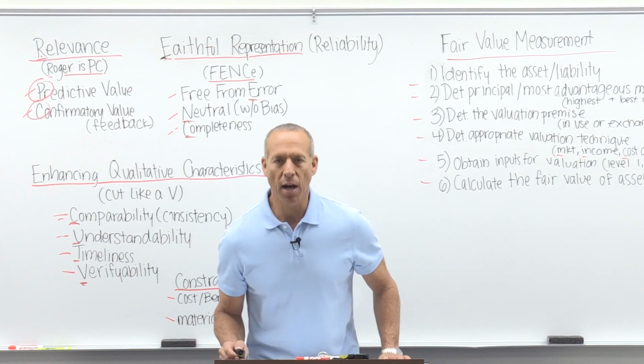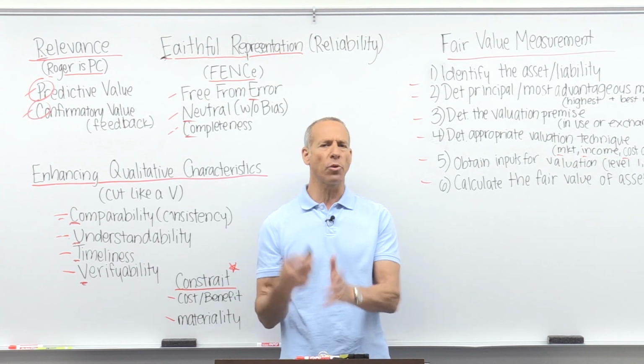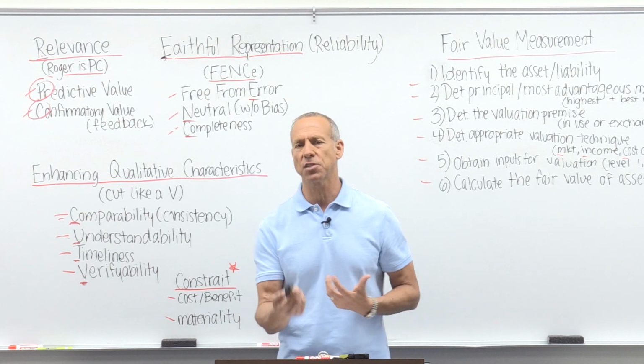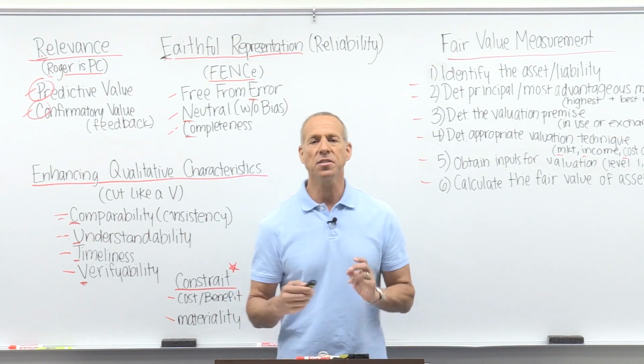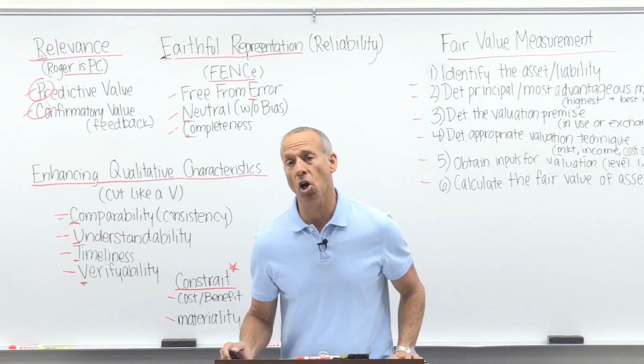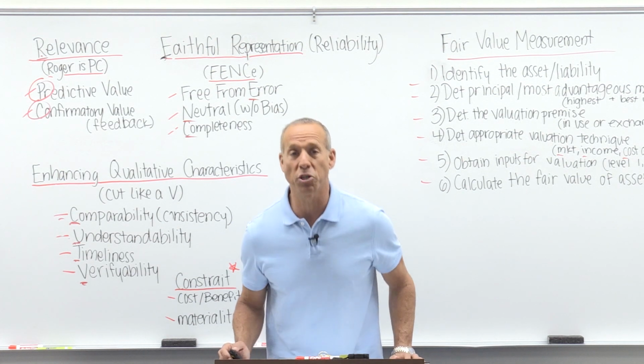Alrighty, let's talk about a new area called credit losses. It takes something that we dealt with for a long time, bad debt expense, for example, and we're renaming it to credit losses. This is an area called current expected credit loss, or CECL. So current expected credit loss, or I'll refer to it as CECL.